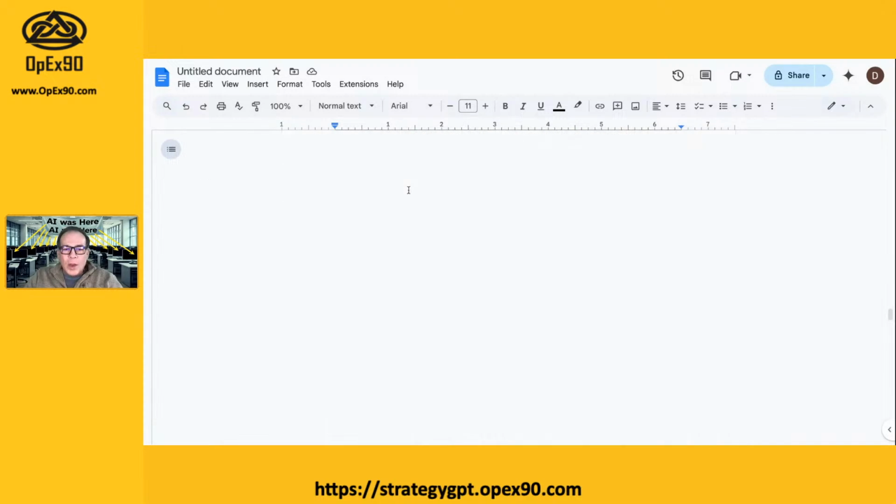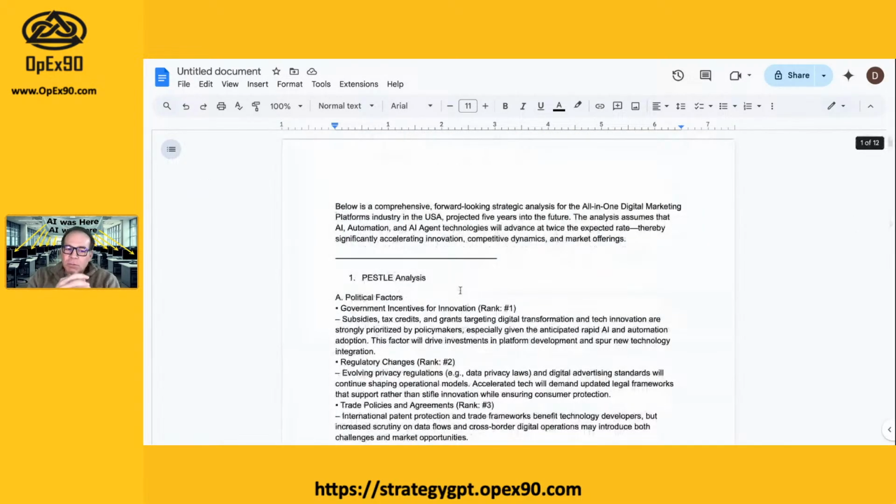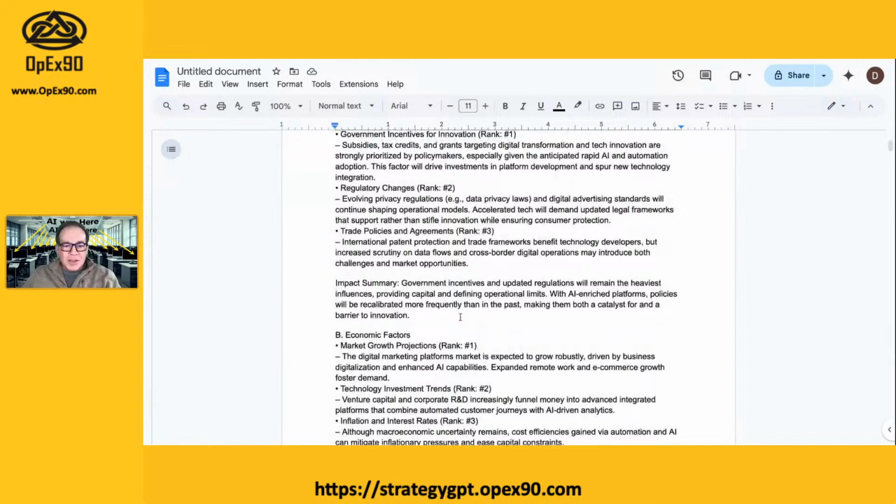Here is what we actually came up with. This is the blue ocean strategy. Now, note, I could not run this independent of the PESTLE analysis. You might do that, but technically it's incorrect. If I'm going to do a blue ocean strategy, I need to have that PESTLE analysis to inform that blue ocean strategy. And a lot of people don't do that. So you'll notice that I've already run the PESTLE, but I've been running these as independent little modules. At the end here, I'm going to run it in my one big prompt, and we'll see what that looks like. So it's done the PESTLE analysis.